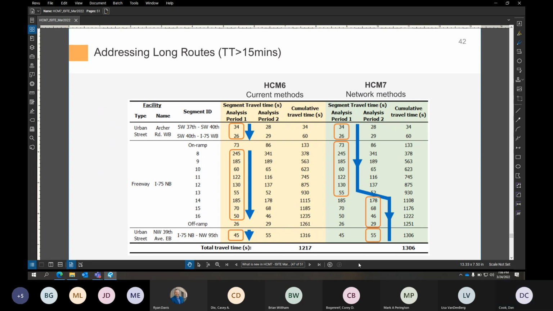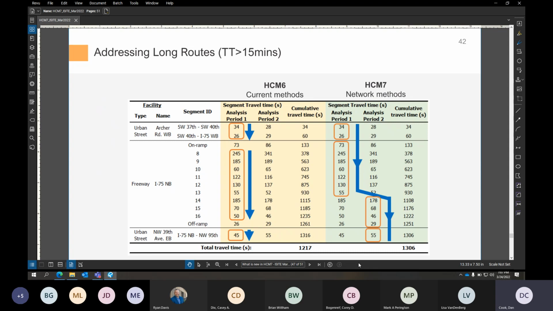And then I think the last part about this method too that it looks at is changes in analysis periods. So generally an analysis period is 15 minutes long. So if you had a trip that was longer than 15 minutes, you'd be making some basic assumptions on, volumes are going to pretty much be the same. Even though my trip's longer than 15 minutes, I'm still going to be looking at it in, say, your PM peak volumes or whatever,